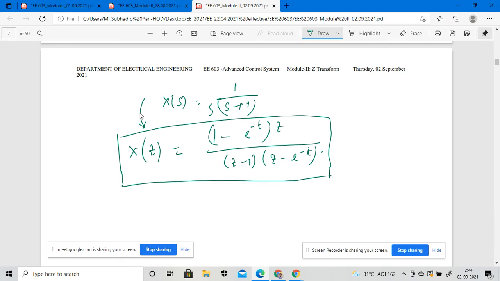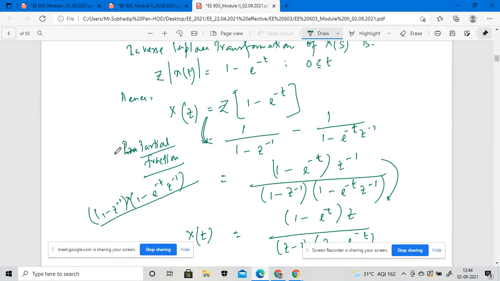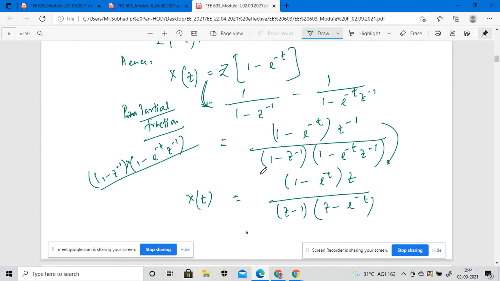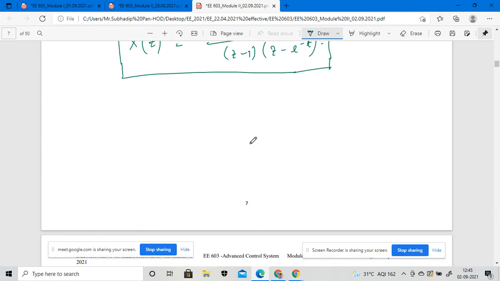I told you again and again, you have to thoroughly check the partial fraction. Here we are doing the step by step working, as we know these things. So you have to follow the partial fraction in the mathematics book, then only you will understand these things, otherwise not. Okay, so I will give you another example.